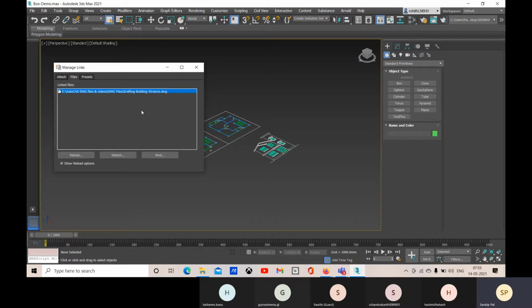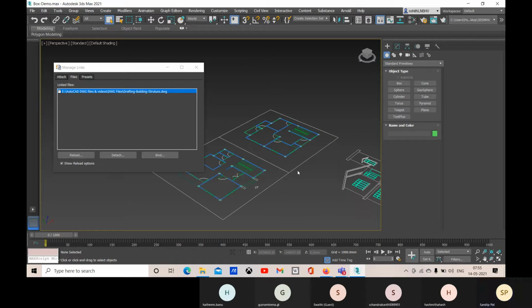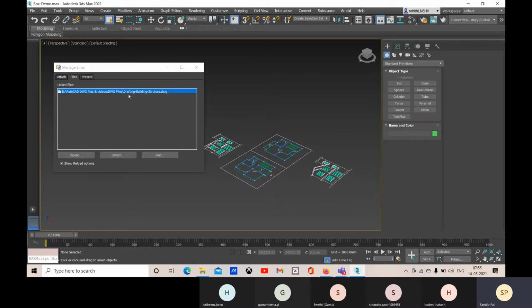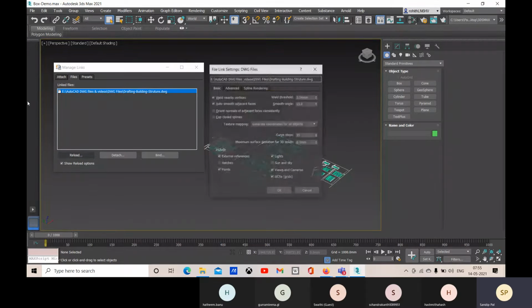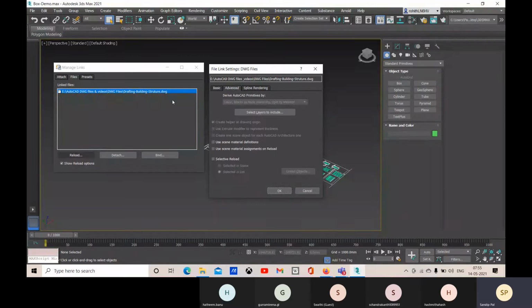So suppose you have changed the folder path, and you need to define that path again. What you will do is go for reload, define the path, and reload it again. And here you can go for file link settings as well.